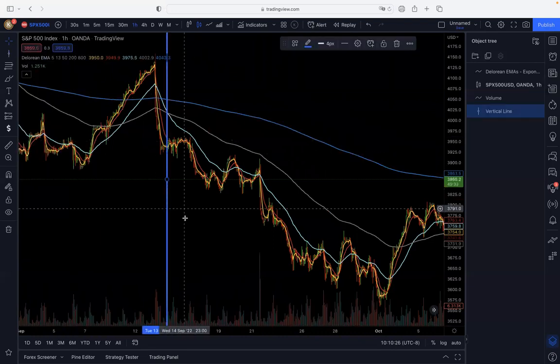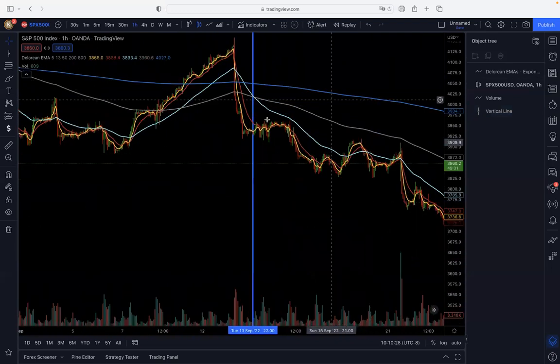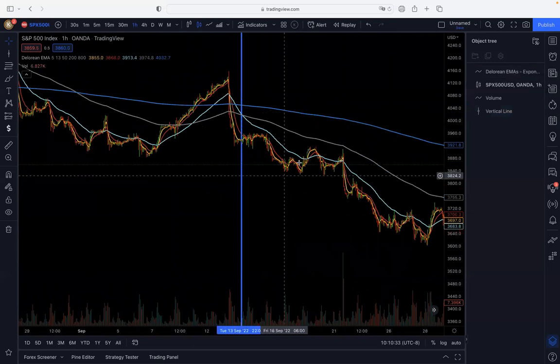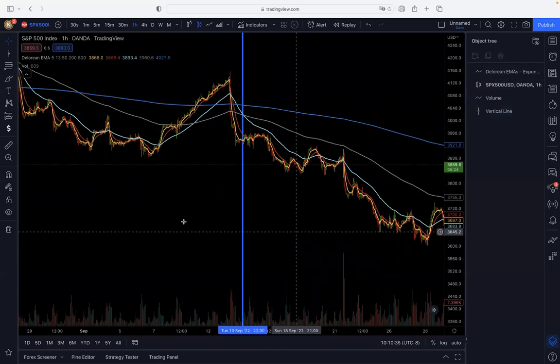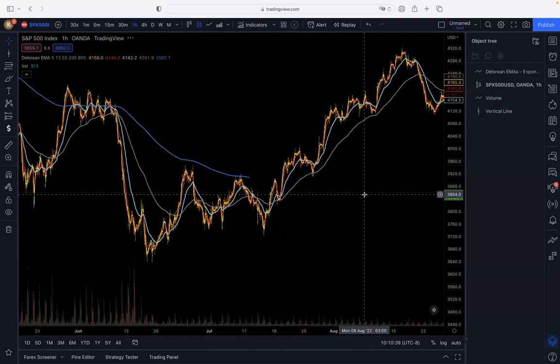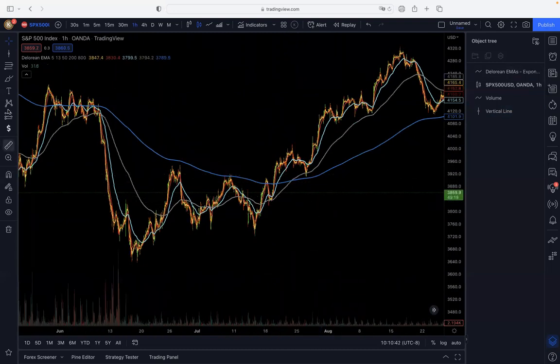Boom, aqua, gray, and blue. And from that point on, you're looking for all of the sells you can catch, all of the indications of the sell, because you have aqua, gray, and blue above price. Now, if you have aqua, gray, and blue below price, as we do here, from this breakout forward,